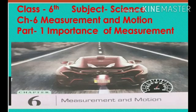Are you able to interpret the picture shown here? This is a picture of a motor car. Can you tell me, is it at rest or in motion? If your answer is in motion, I can guess from where you found out that this car is in motion,